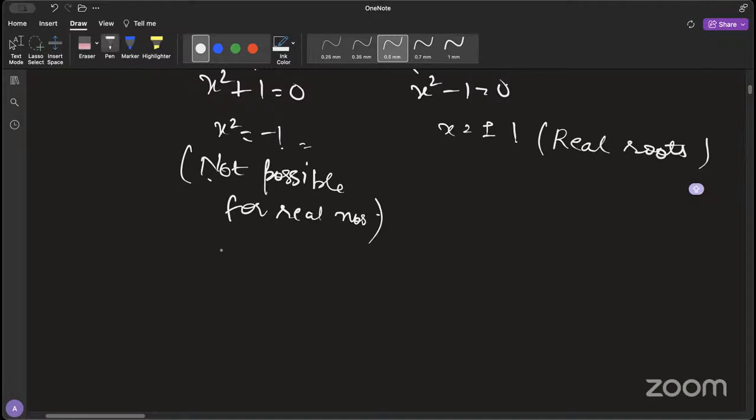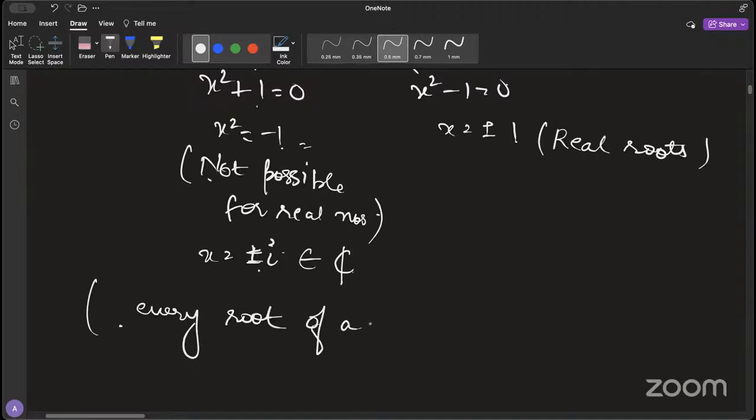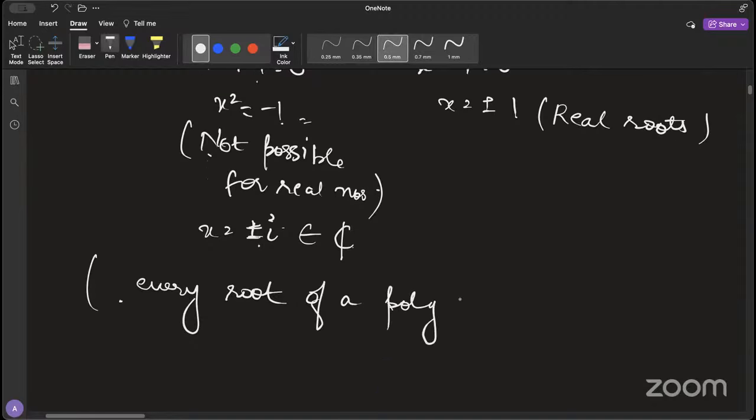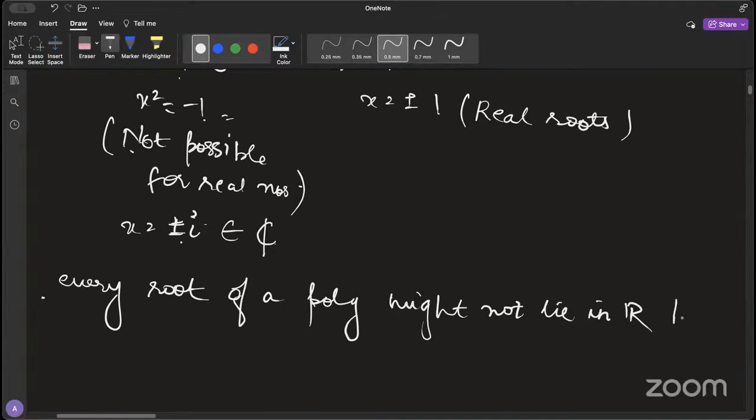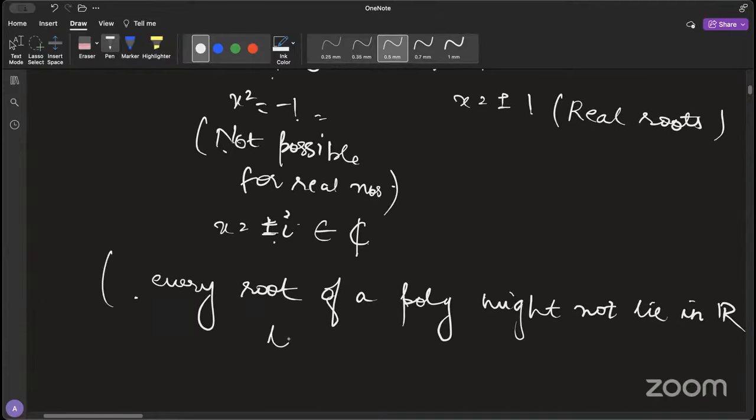If you do this, x will be plus minus iota. So the roots that you get from here are plus minus iota, and this is not in your syllabus. Why we are doing this here is that both of these roots belong to complex numbers. The point that I'm trying to make is that a root of a polynomial might not lie in the set of real numbers,